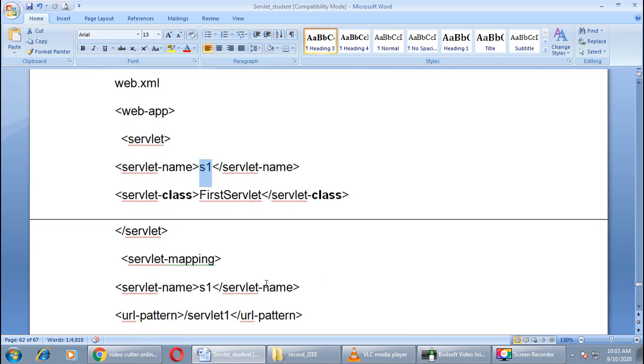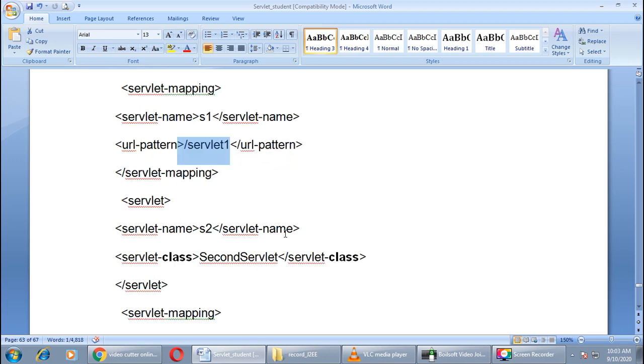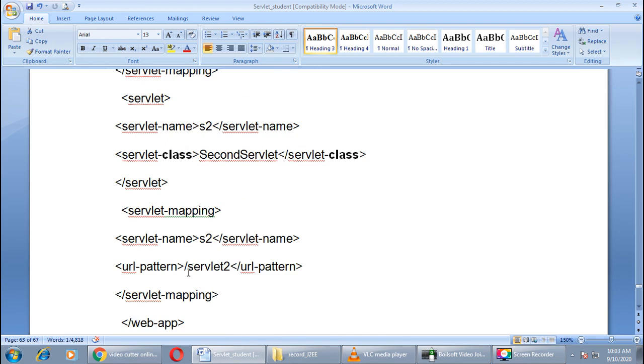Similarly for the second servlet, the class is SecondServlet and the name defined for the servlet is S2. Now the URL pattern for both the servlets: /servlet1 for our first servlet and /servlet2 is the URL pattern of our second servlet.